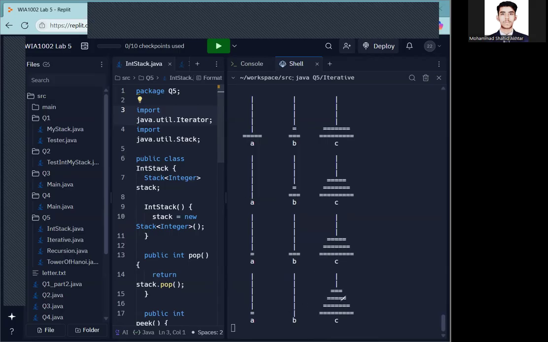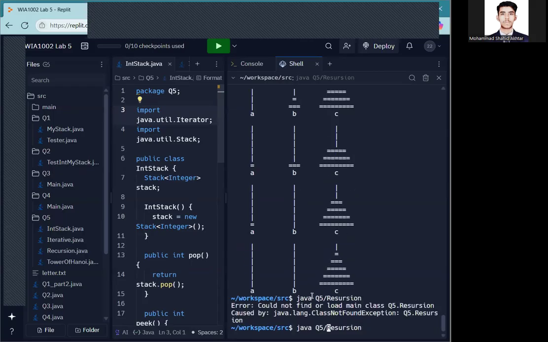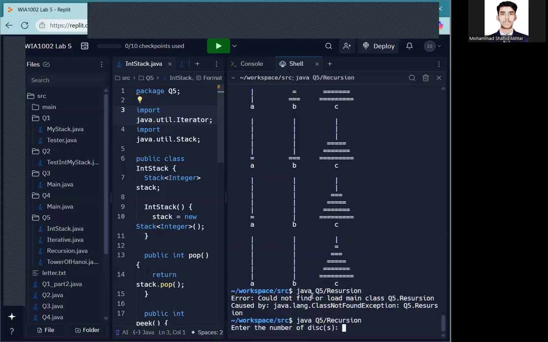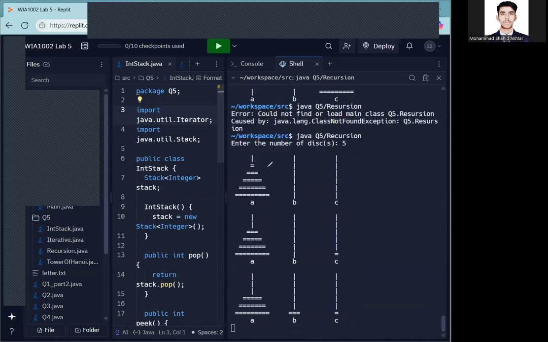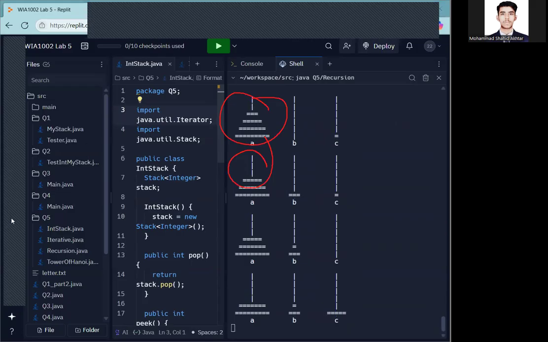So you'll put all the other items into one. Let's say you have something here. Let's try to run it again and see how it works. This time, let's run the recursion method. Let's say there's 5. Now, understand, you want to get this back, right? This one. So what you're doing is